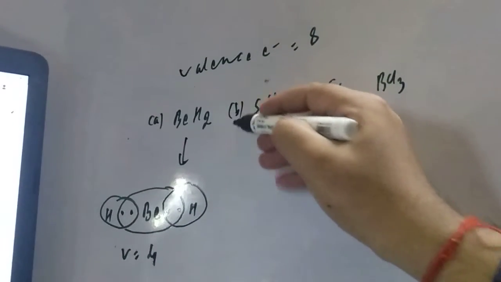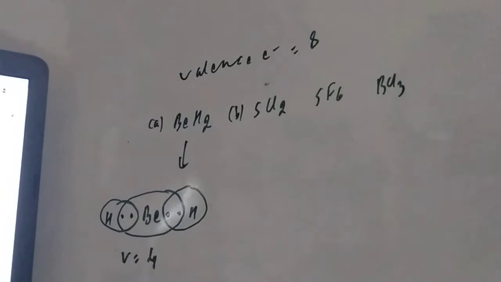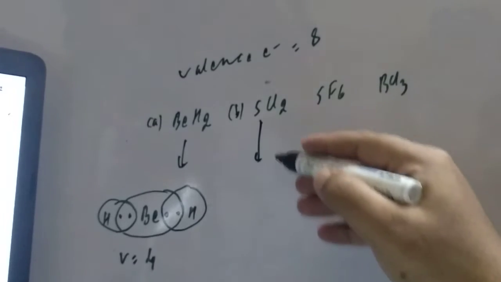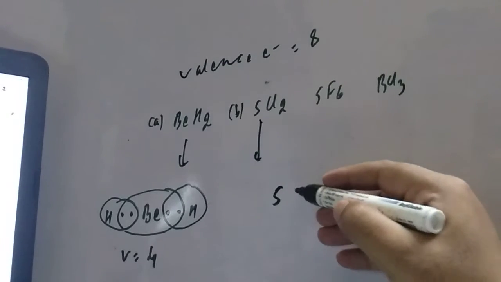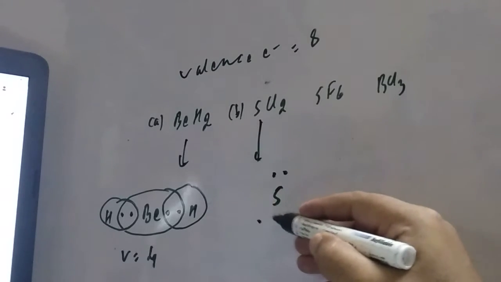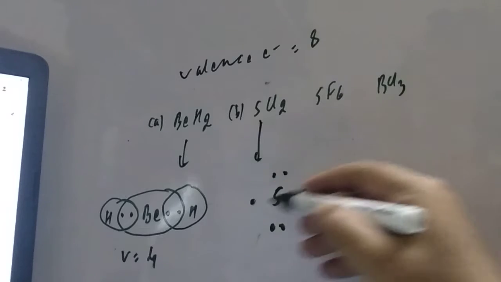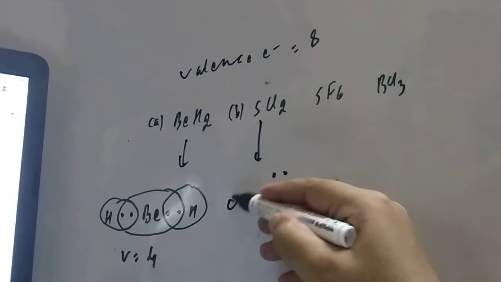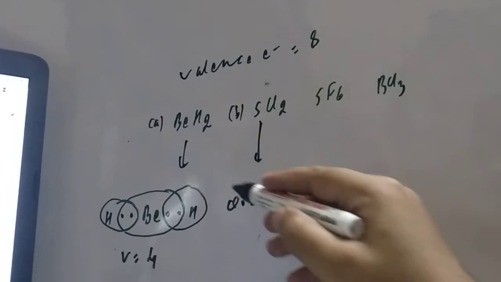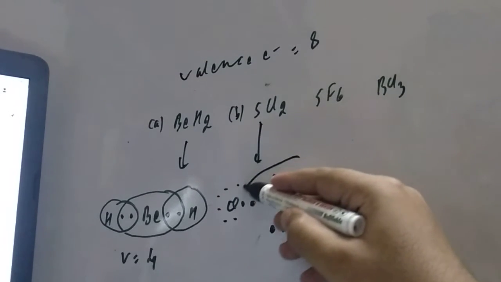Now you go for option B, student. What could be option B? If you check option B, SCl2 is there. So sulfur belongs to group number 16. So sulfur is there, student. So 1 2, here is 3 4, here is 3 4, and here is 5 and 6. 2 chlorine atoms are there, student. Chlorine is having valency 1, but 7 valence electrons like this. So you can check out, student.